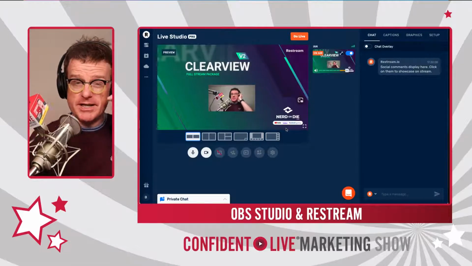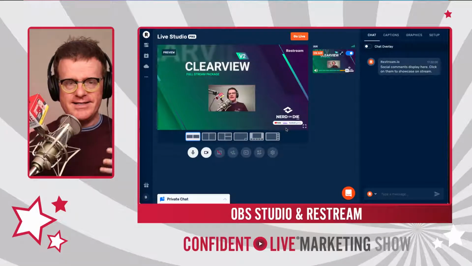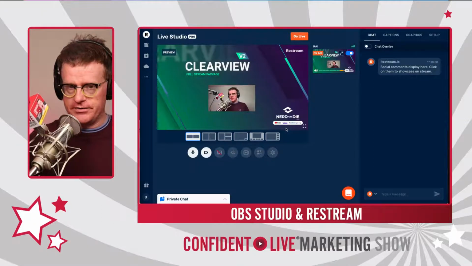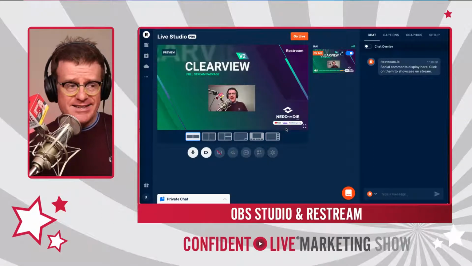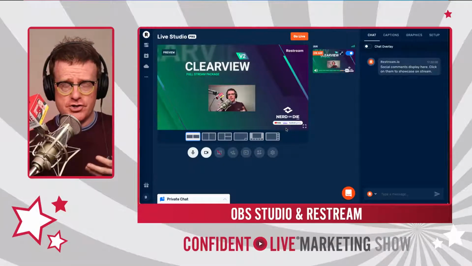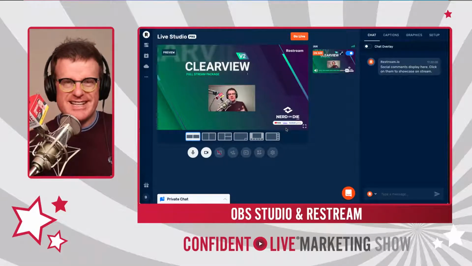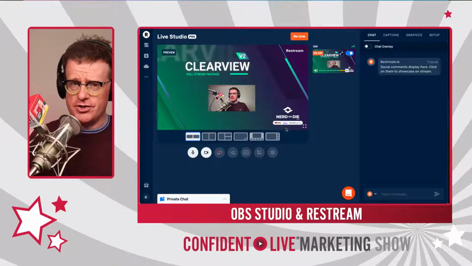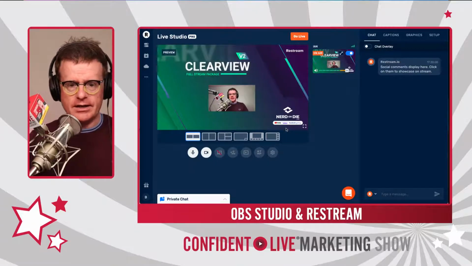And this is important because OBS Studio itself doesn't integrate it. First of all, it doesn't allow you to broadcast to lots of different destinations at the same time, and it doesn't allow you to follow the chat. Yes, you can embed a chat widget in OBS Studio, but you can't do things like, for example,